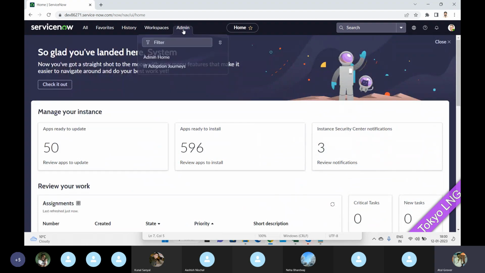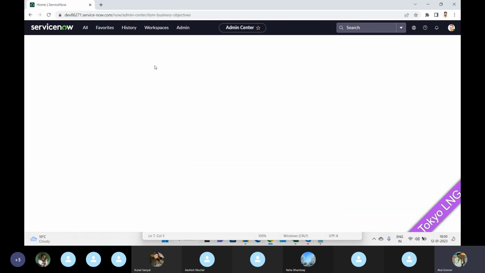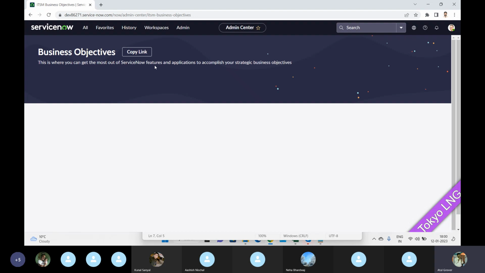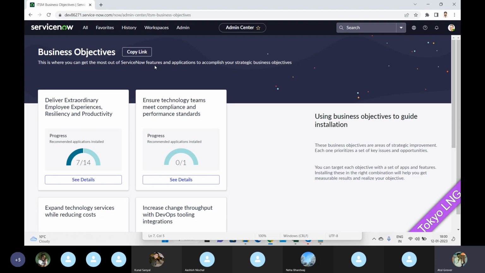If you go here, IT adoption journey. Let's say I hired Kunal and Avi in my company. Guys, you are my system administrators. Your responsibility is to make sure that my system is 100% up and running as per the standards, and if anything is required or suggested by ServiceNow, you need to update it here. Now both are busy in their work, they did not get time to check the release notes. Then this module will help you